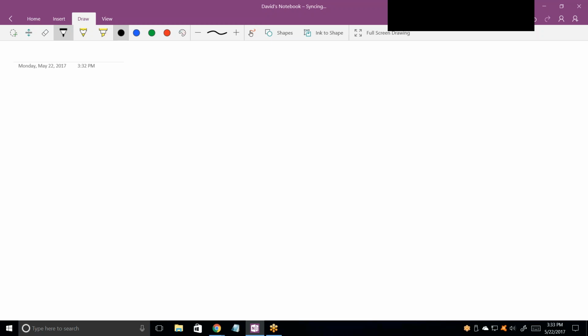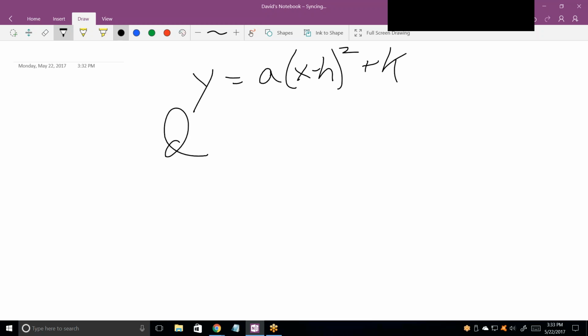All right. What's the vertex formula for a parabola? Y equals a times x minus h, squared, plus k. Don't forget the square. What's the distance formula between 2 points? The square root